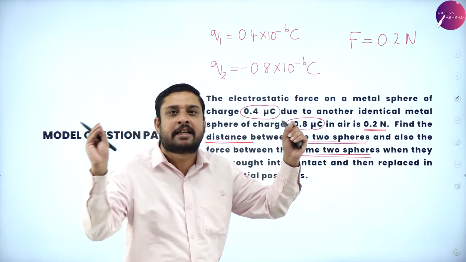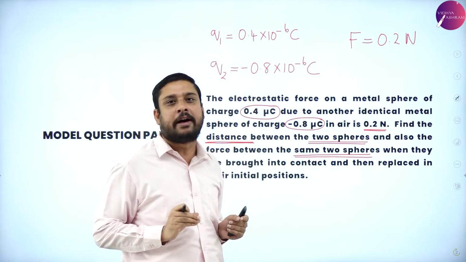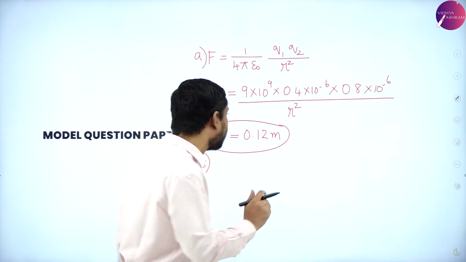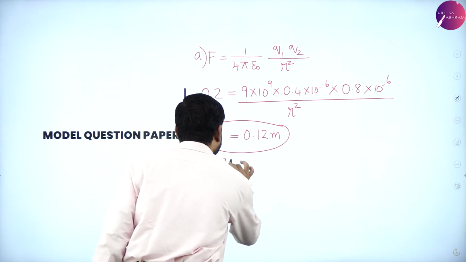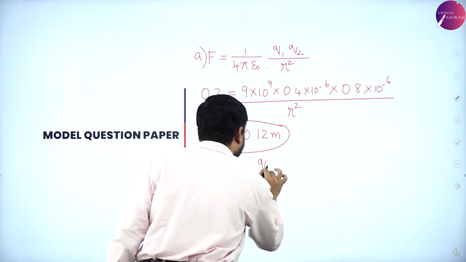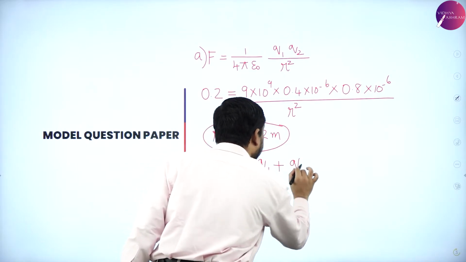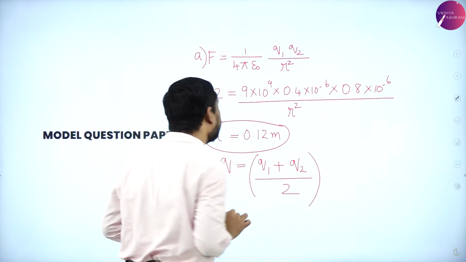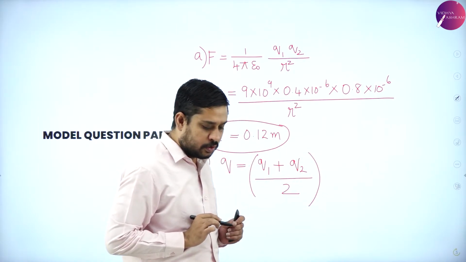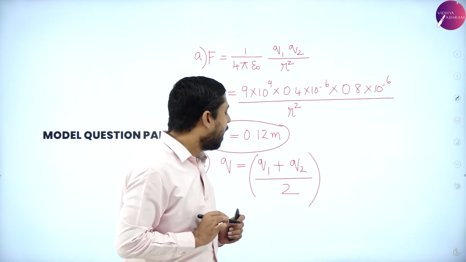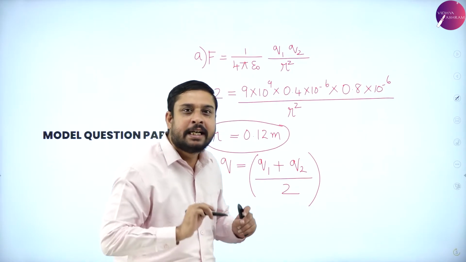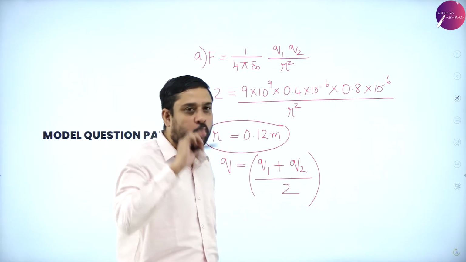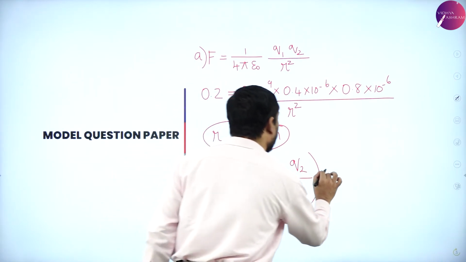The two spheres are brought into contact. When the two spheres are brought into contact, Q is always Q1 plus Q2 divided by 2. So when the two spheres are in contact, the charge on them is Q1 plus Q2 divided by 2,